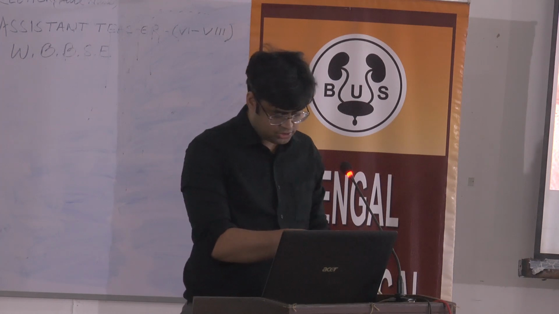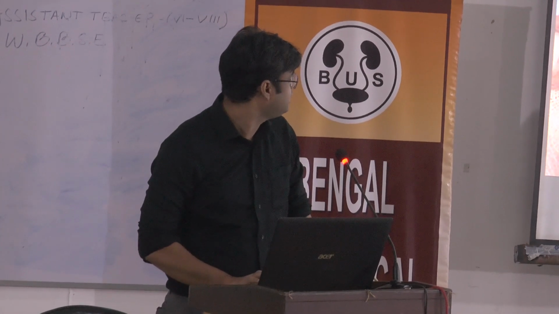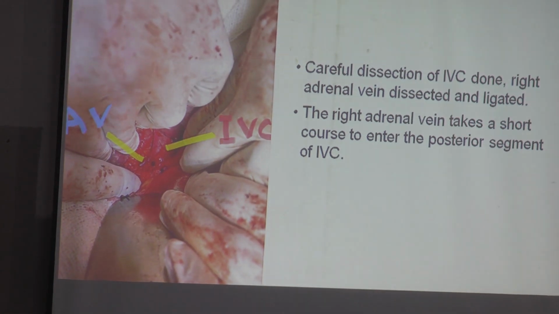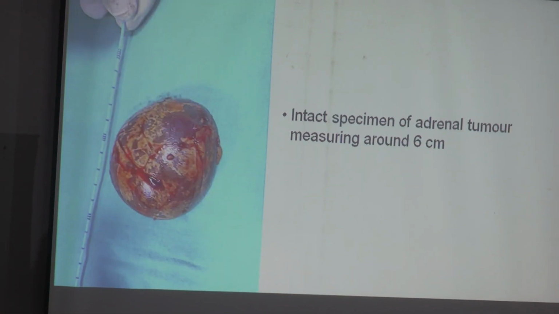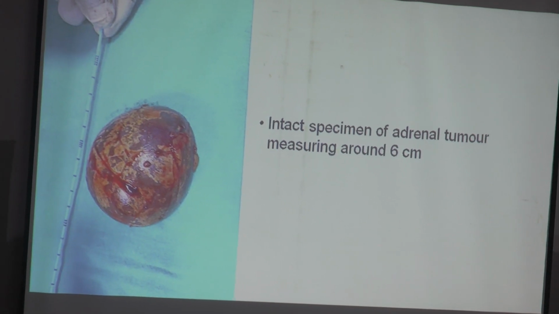Now this is the original picture of the operation. This was the adrenal vein draining into the IVC. Here we can see that the right adrenal vein takes a very short course to enter the posterolateral segment of the IVC. This was the picture of the intact specimen of the adrenal tumor, which measured around 6